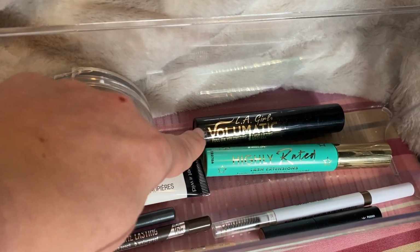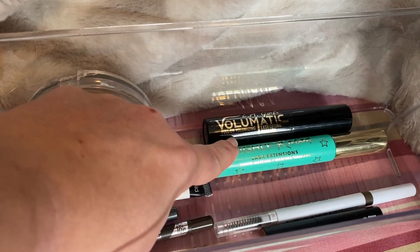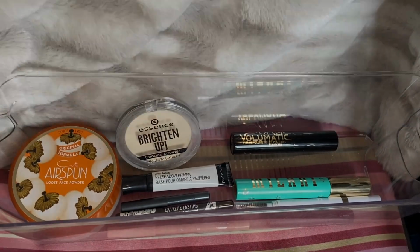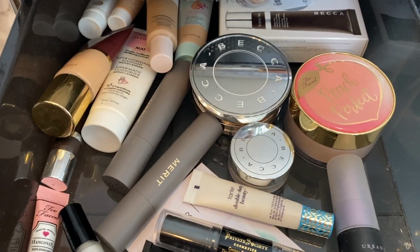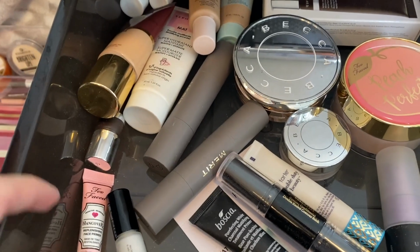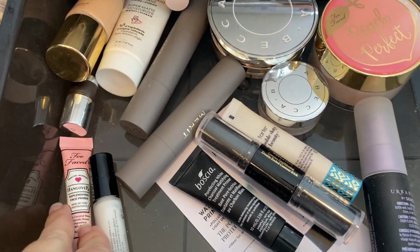And then the LA Girl Volumatic mascara and the Milani Highly Rated mascaras. So now we will pick all of the other stuff. Away we go. So for primer, let's go ahead. I don't have a whole lot of things to use, so let's go ahead and pull the,